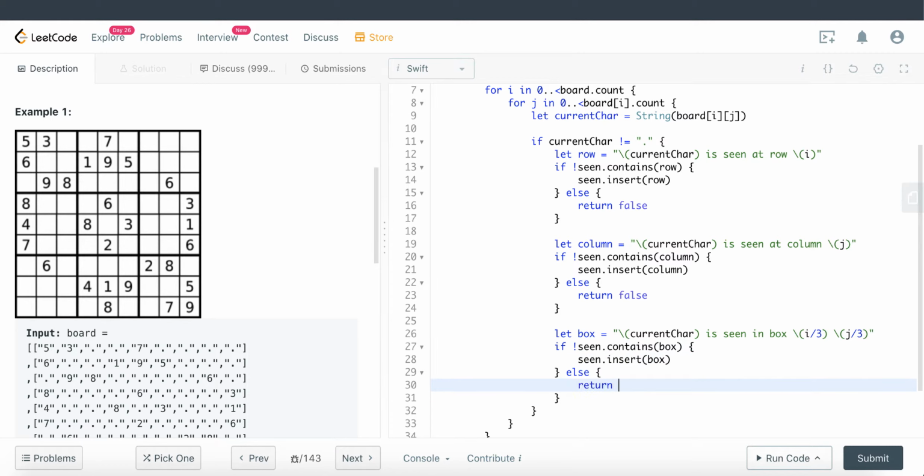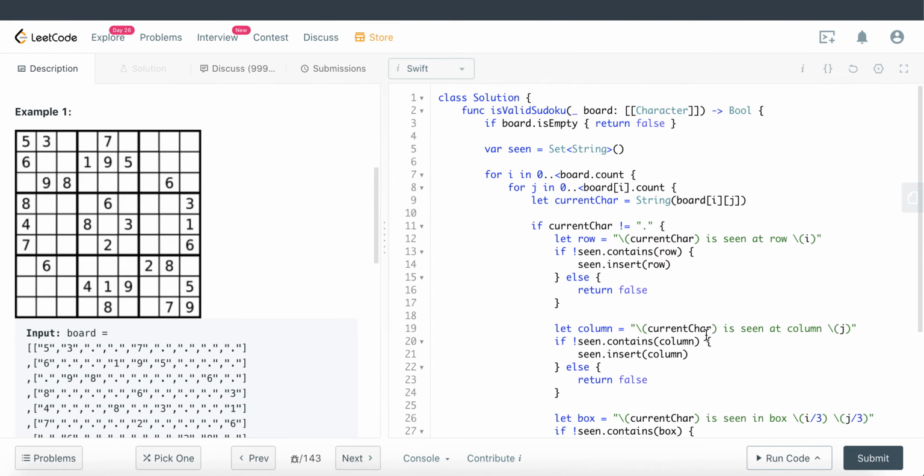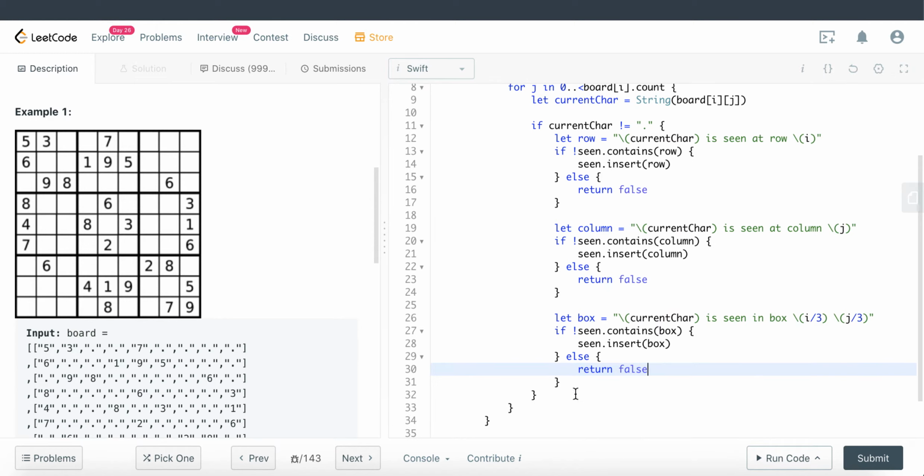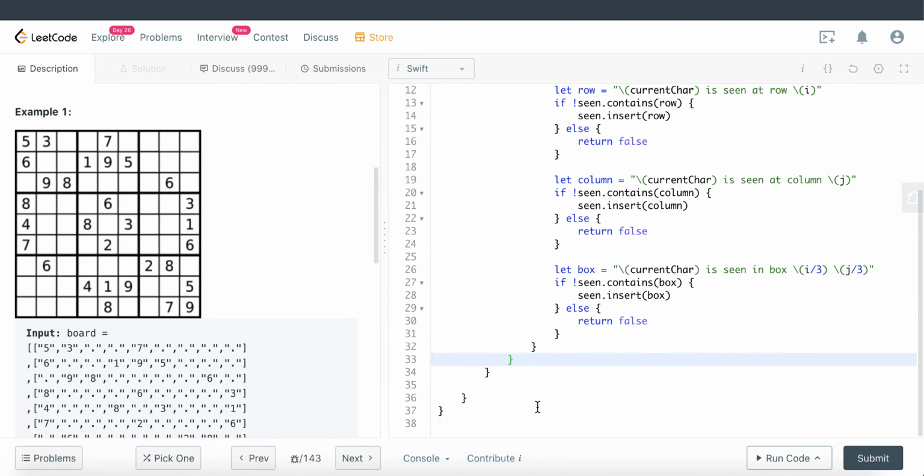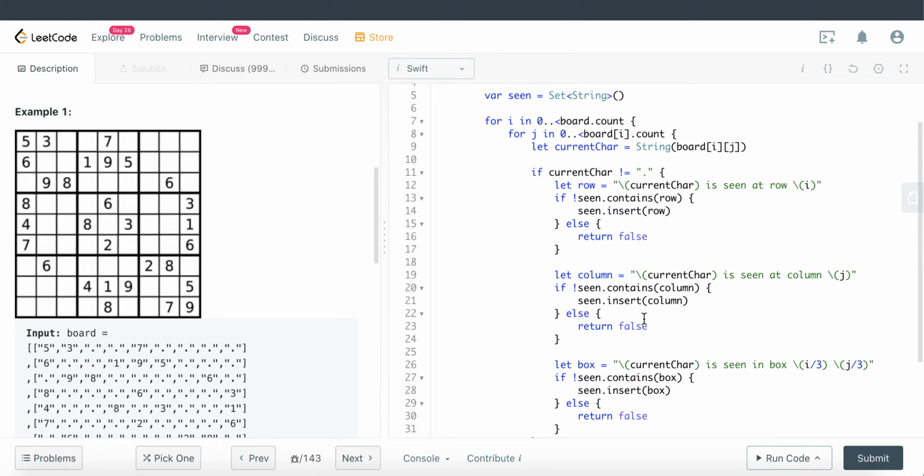Else, if you've seen it before, return false, right? So we have checked for all the three conditions: the row, the column, and the box. Once this nested for loop is done, then we can return true, right? Because in any scenario where the board is invalid, it would have been caught in any of these conditional statements